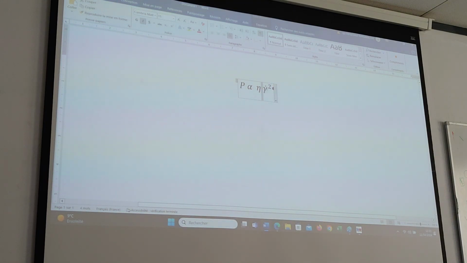But the thing is, this value is not directly power. It's power divided by a volume. It's a power per unit of volume. So if you only look at the shear rate or the square of the shear rate, you won't have all the information regarding the distribution.